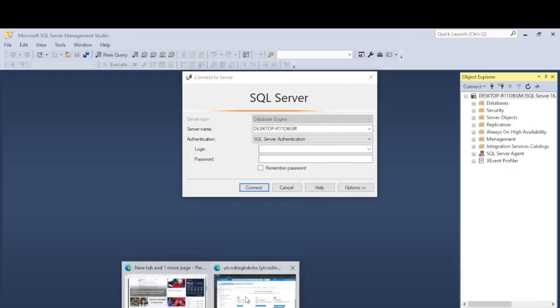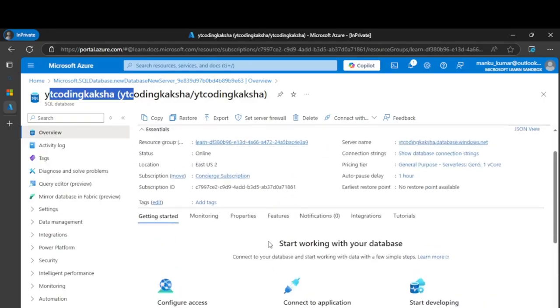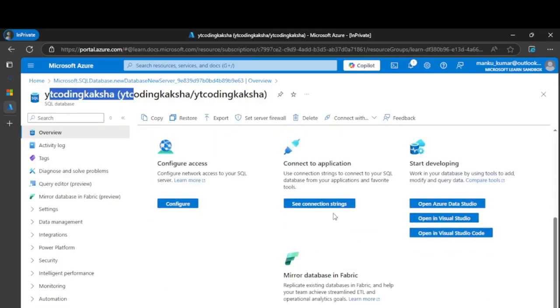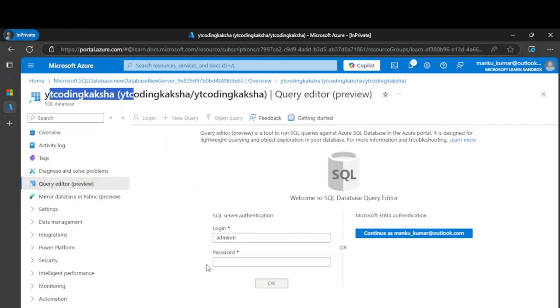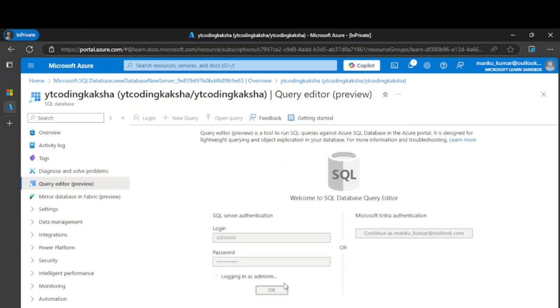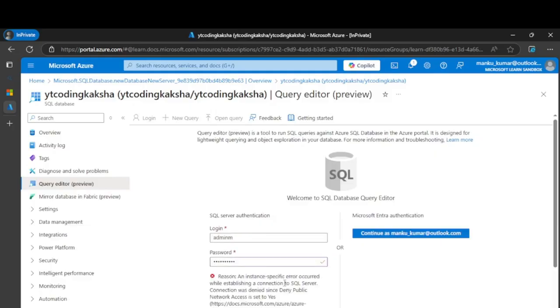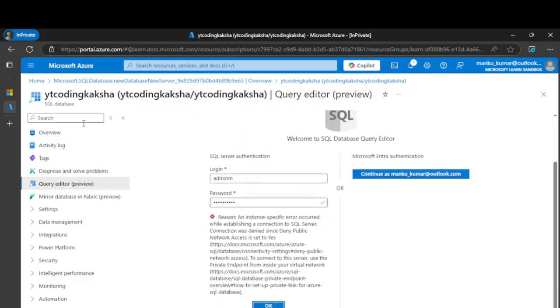But for that also we have to do the settings. So as of now, we will open this in the query editor window over here only. So this is the network setting error.